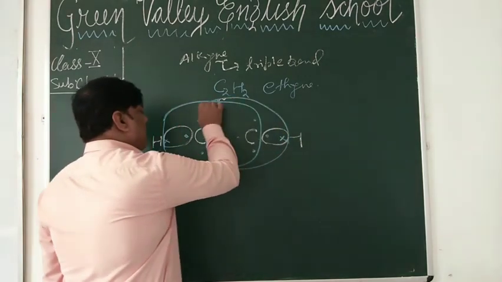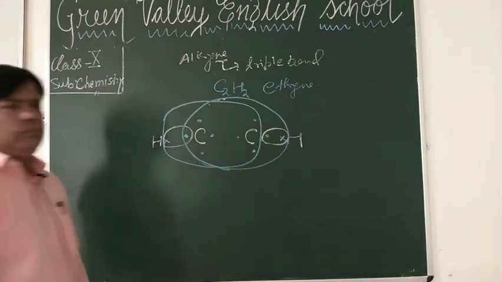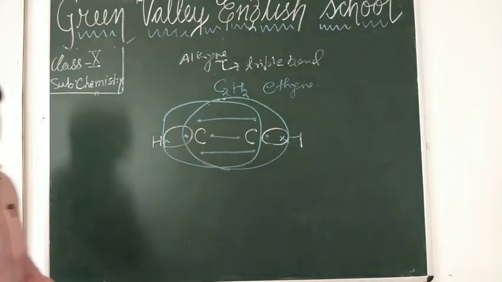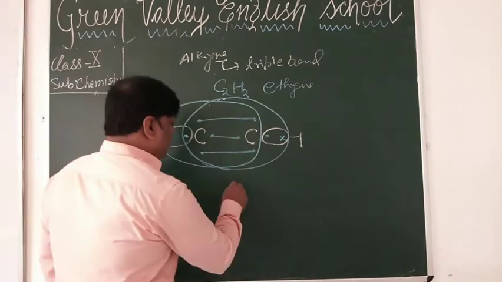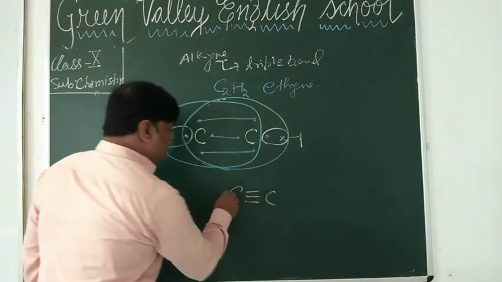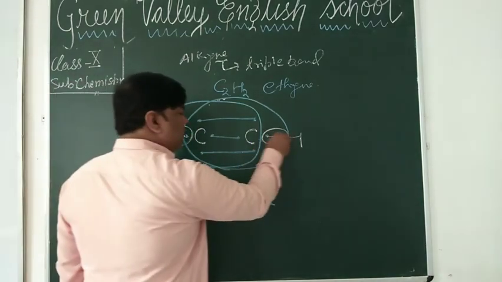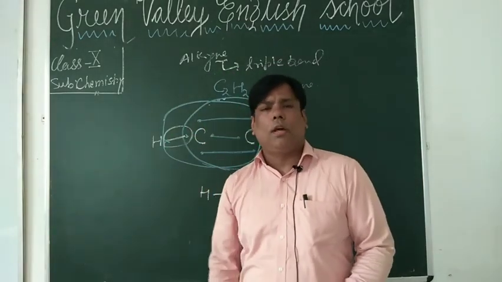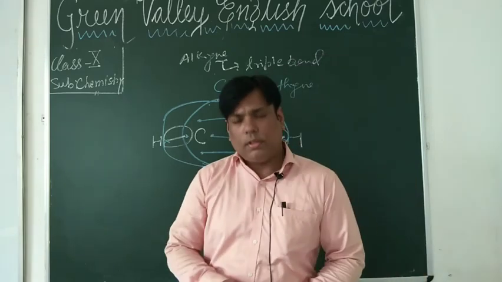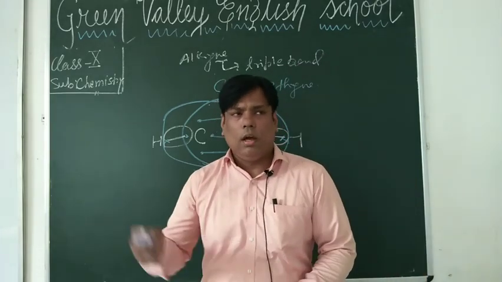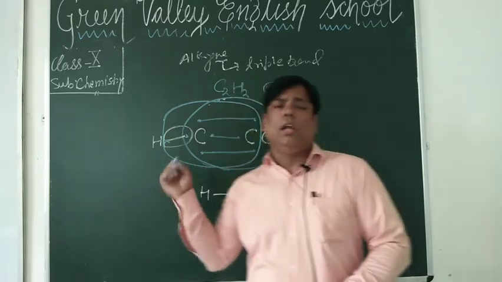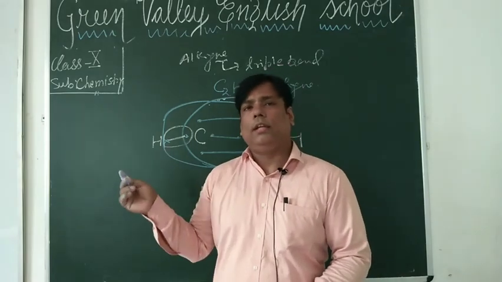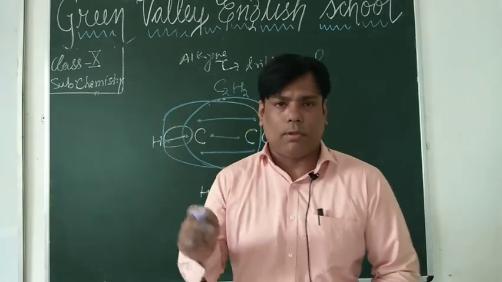So now single bond, double bond, triple bond. That is the structure of carbon-carbon triple bond. Carbon, triple bond carbon, single bond hydrogen, that single bond, that single bond. So there are three types of hydrocarbons in carbon compounds. First one is alkane, second one is alkene, and third one is alkyne. In case of alkane, there is a single bond between carbon and carbon atom. In case of alkene, there is a double bond, and in alkyne, it's a triple bond between carbon and carbon atom. Thanks for today.